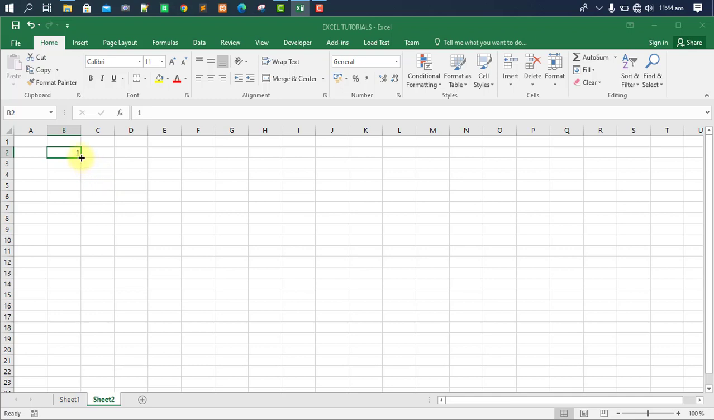Then you left click, then you drag downwards. Then when you release your hands, it will fill for you. So that's what we call the fill, how to fill range. We can also